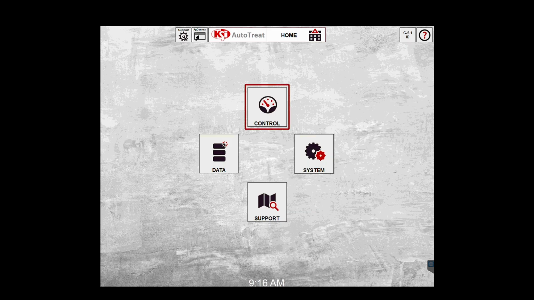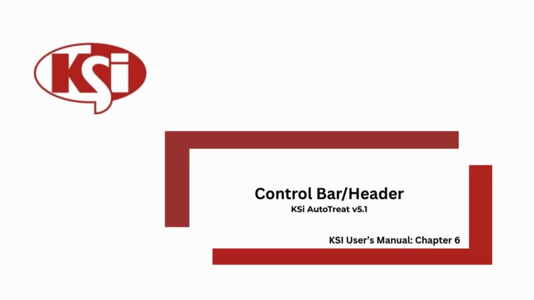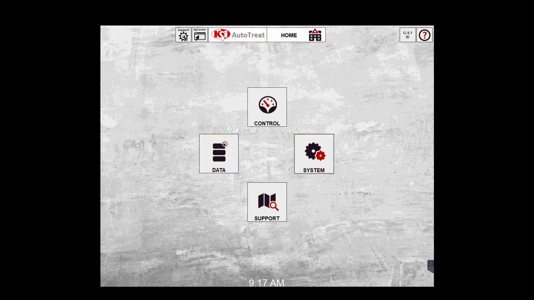The control section of the KSi AutoTreat system provides the operator with an interface to manage and control the system through the automated control process. From this page, the operator can process orders, monitor their progress in real time, and oversee the entire order workflow while it is running. The header on the control page provides key information about the currently loaded order and includes